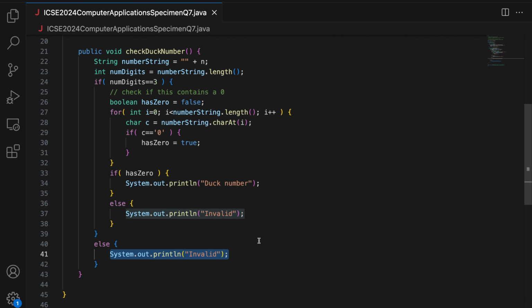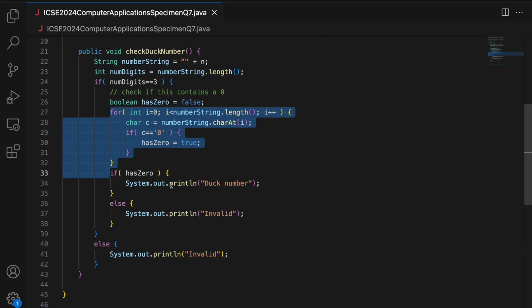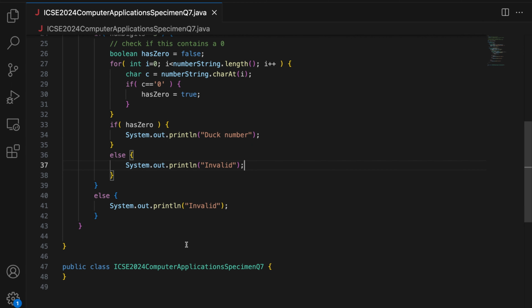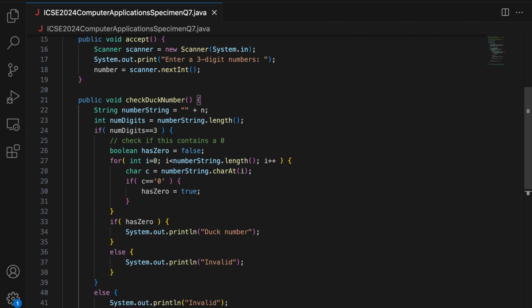simply print invalid. Okay. So to check if this number contains 0, we basically iterate this string and check for a 0 character. If the flag is set after this loop, we print that number. If the flag is not set, it remains false, we print invalid. Okay, so this is the class that we need, but we need to create an object